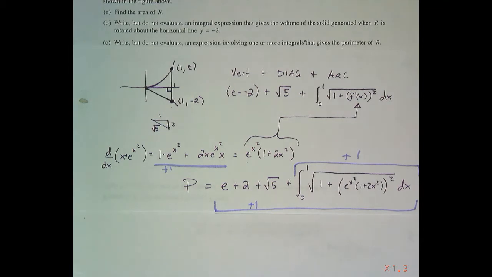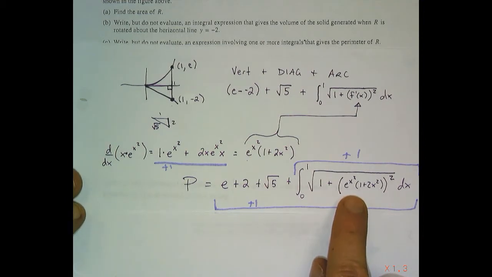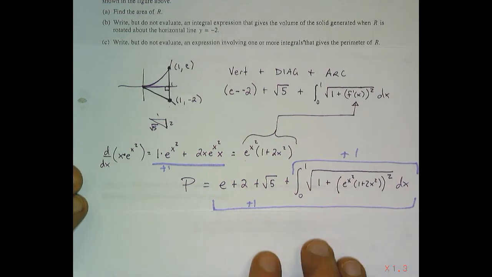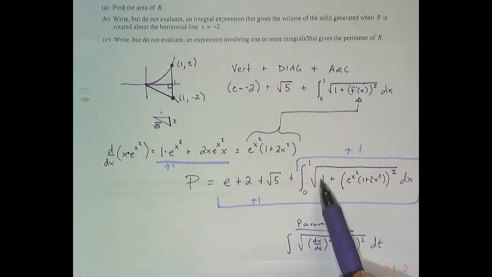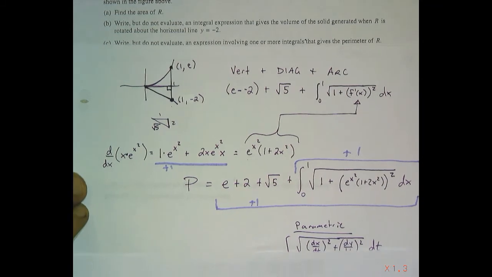Now, as an aside, it should be noted that the arc length formula we used was for functions in the xy plane. We can also do this using parametric form if the expressions were in parametric form. And just a quick review, in parametric form, we have the square root of dx dt squared plus dy dt squared. So very similar to what we have here. In this sense, dx dt would be 1 squared, which is 1, and dy dt is that expression. Not exactly the same, but there are close similarities there. But this problem was not parametric, so that's extra